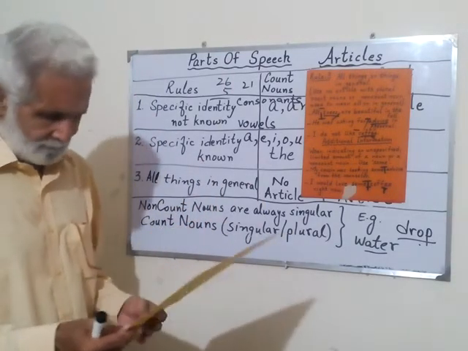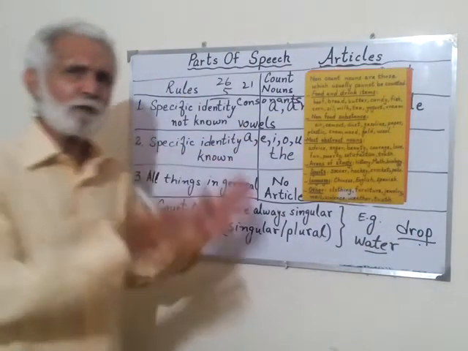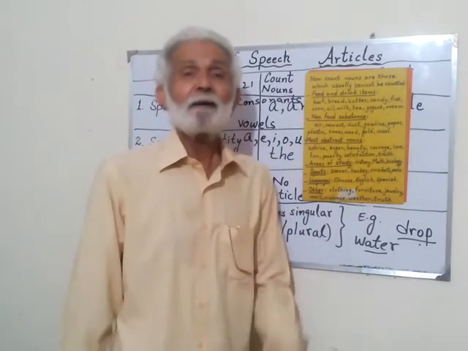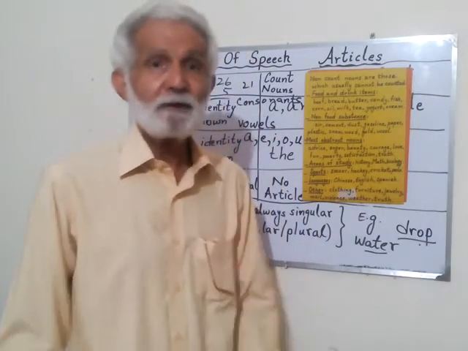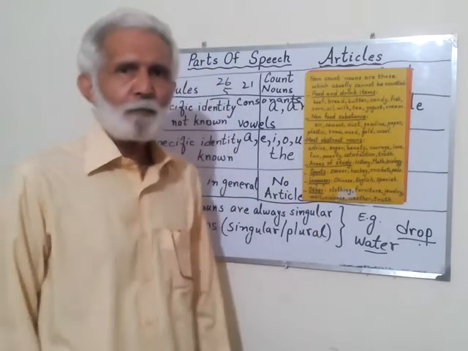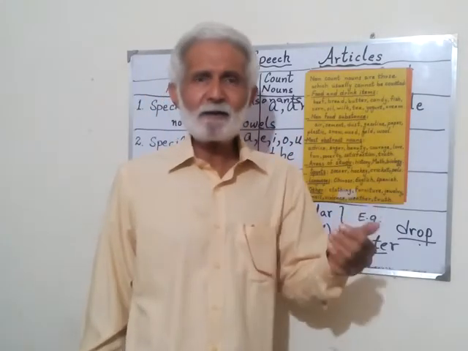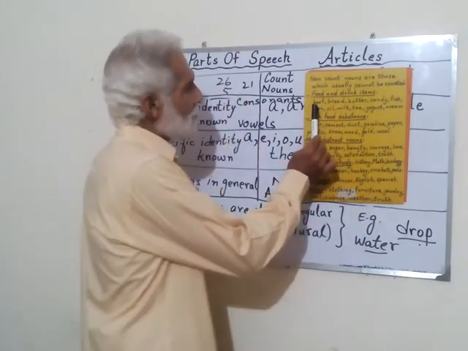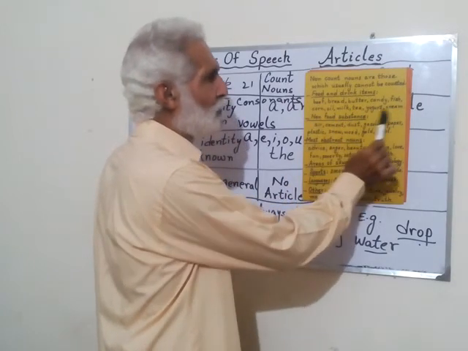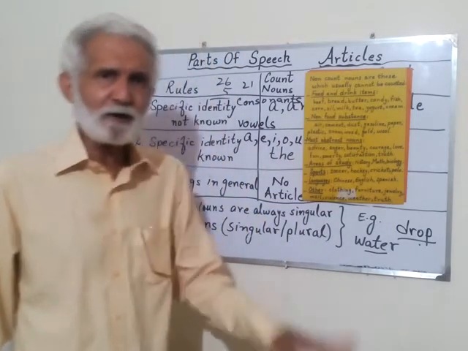If we go with this, then I will say non-count nouns. What are non-count nouns? Non-count nouns are those which usually cannot be counted. Rice, milk, water, sugar. We can't count these things. Now, in food and drink items, non-count nouns, we are not using any article before them. So: beef, bread, butter, candy, fish, corn, oil, milk, tea, yogurt, cream. Can you count these things? No. These food items we cannot count.